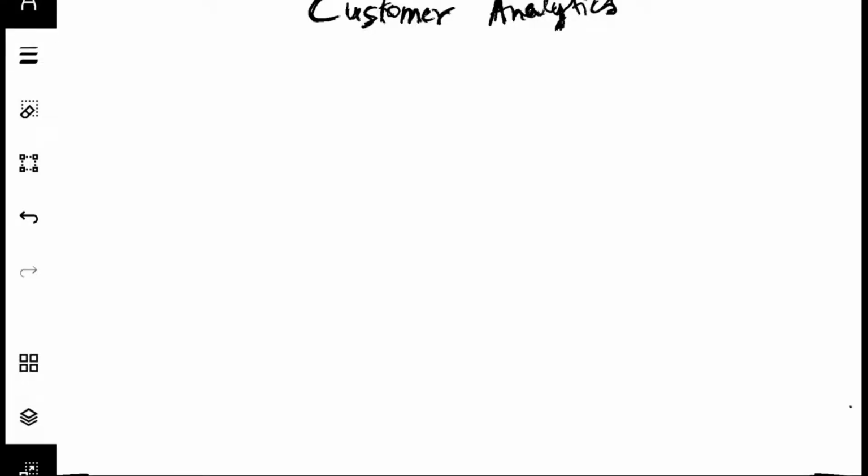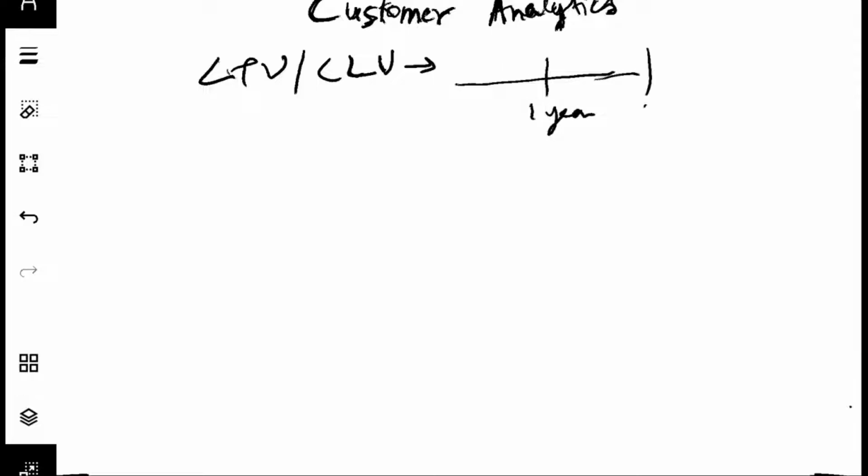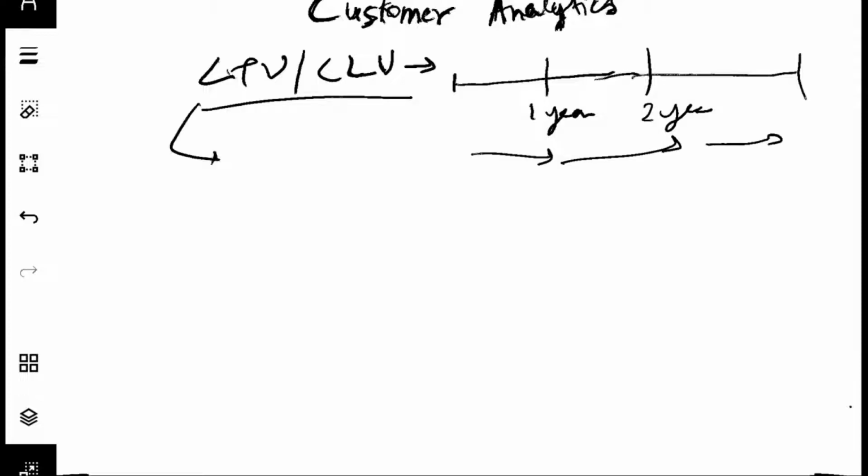So lifetime value, often referred to as CLV, is a projected value for a customer or a cohort over a period of time. Let's say some people might calculate a 1-year CLV or a 2-year CLV or even longer. And the reason you are interested in a projected value of the customer is because another way of looking at the value of the customer is,